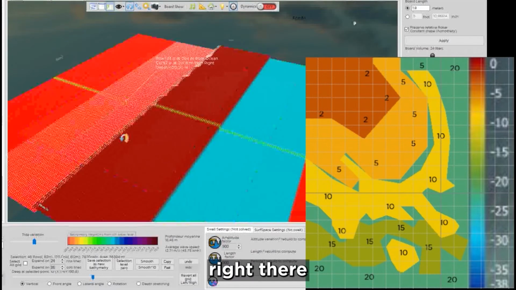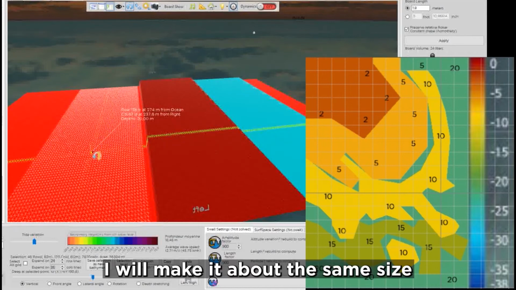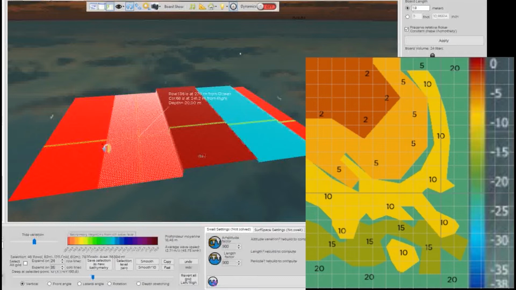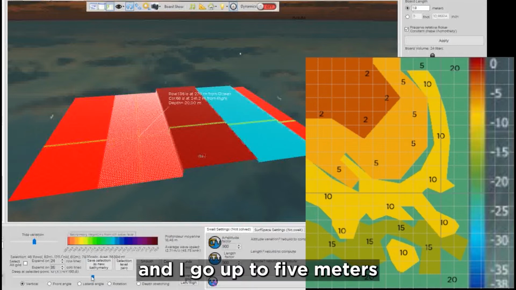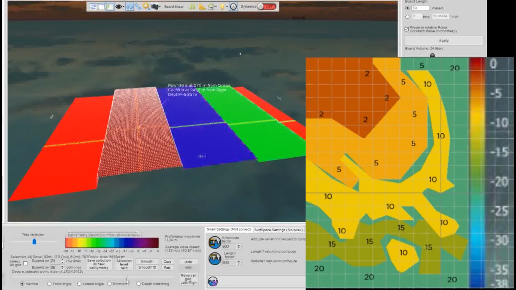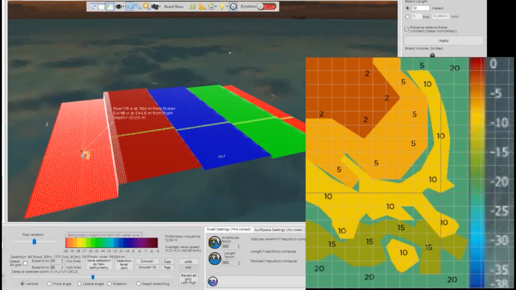So I follow the meter right there. I will make it about the same size. And I go up to 5 meters, 10 meters, 5 meters. And now my last step, I make it 2 meters.